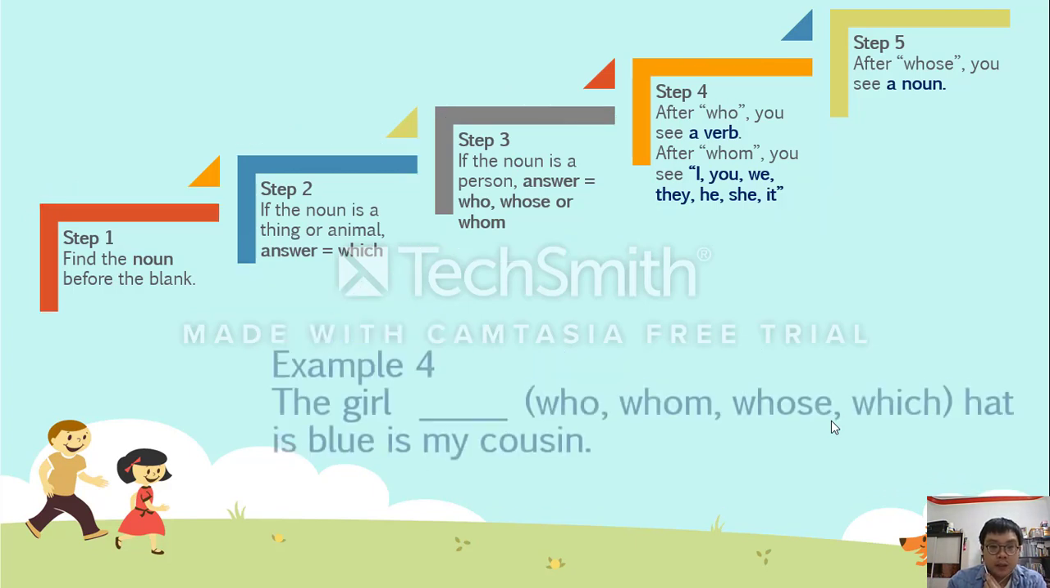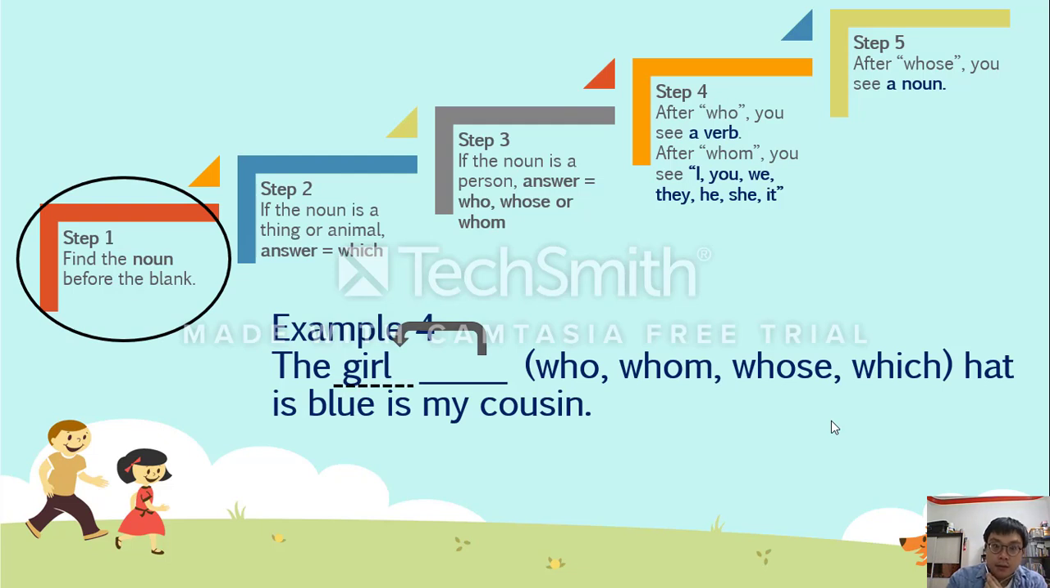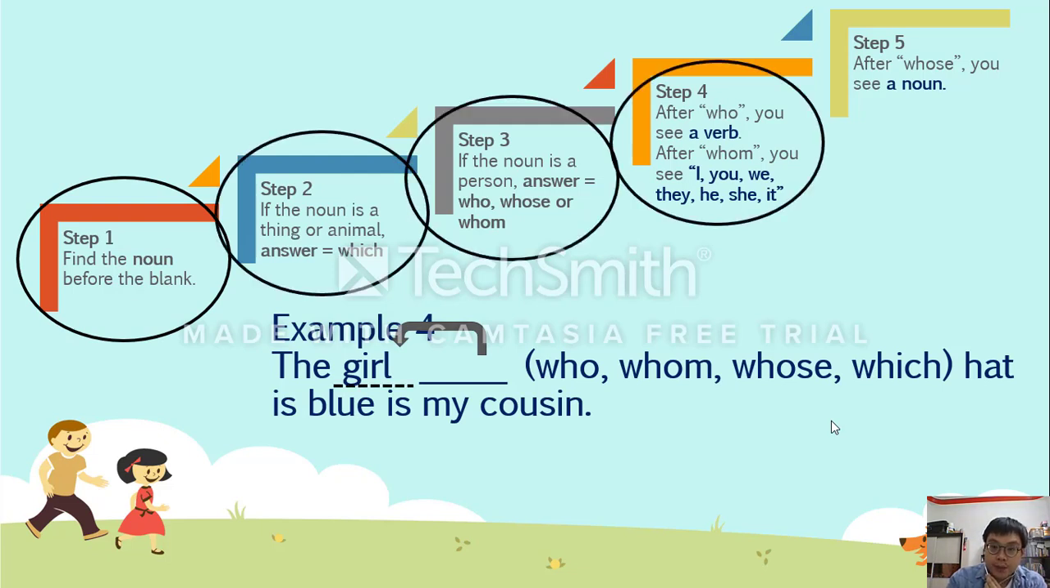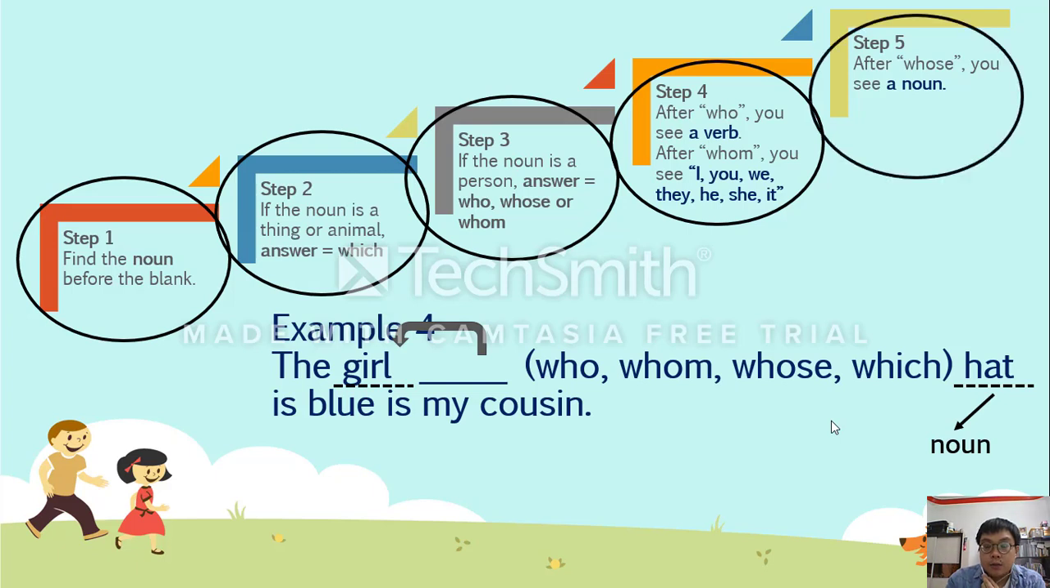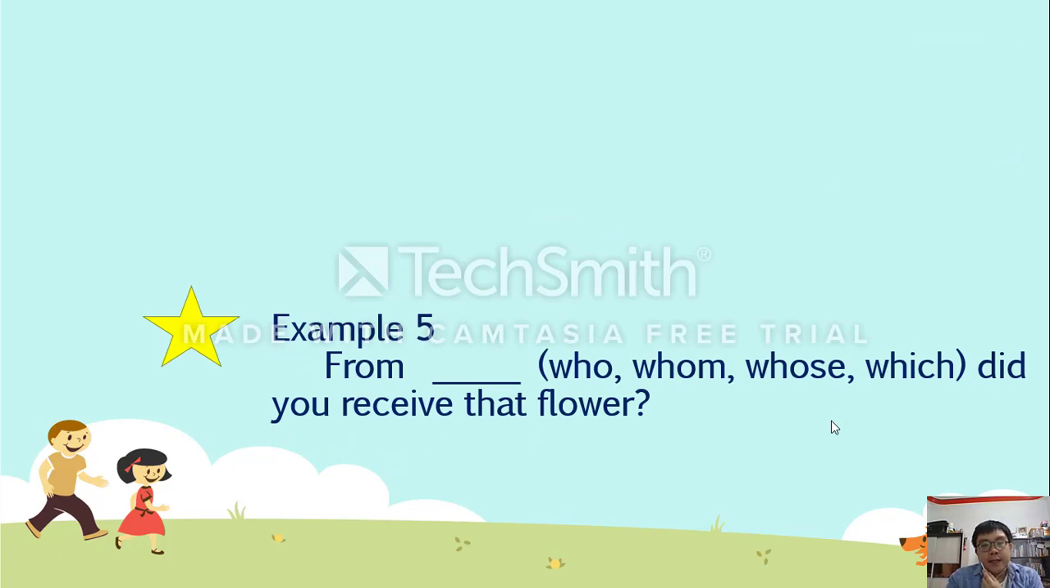Okay. Example 4. The girl who, whom, whose, which hat is blue is my cousin. Same, I repeat the step. Then I know the girl is a person. Then I go to the word. You see the word after answer. Hat is a noun. So you look at step 5. After whose, you see a noun. So this one answer should be whose. Okay, just like that. And then this example, I suggest you copy in your grammar book because this is a